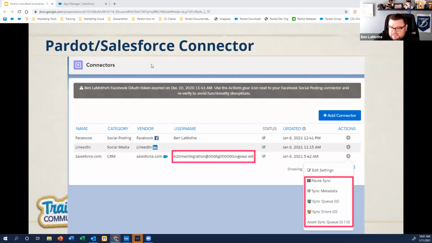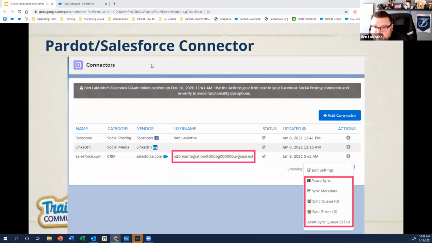And I would also recommend spending some time with sync errors around some of the more common errors that come through. Diagnosing and remedying sync errors between Pardot and Salesforce very much falls within the parameters of a consultant. It can be kind of frustrating because they don't always give you a lot of information. I can see a scenario where a client has, let's say, 10,000 sync errors. How do you remedy this? What is your recommended path for